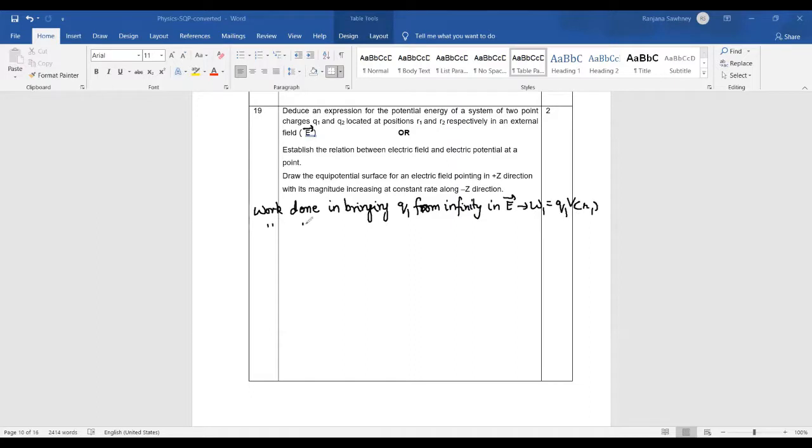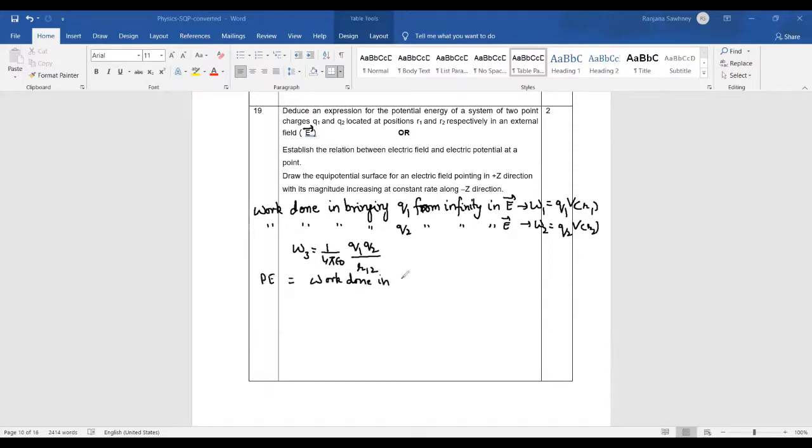The same way, work done in bringing Q2 from infinity in the electric field at R2 distance, let it be W2, is equal to Q2 into the potential at R2 distance. Okay, also there will be some work done between these 2 point charges, which is equal to 1 upon 4 pi epsilon naught Q1 into Q2 upon the distance between these two charges,